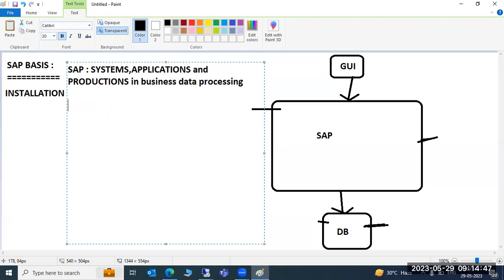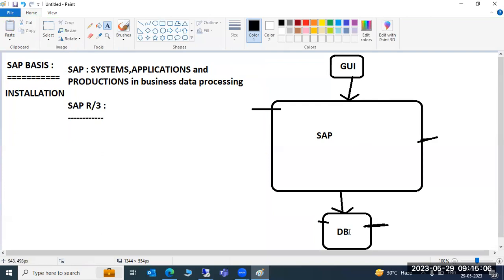Let me talk about some of the history of SAP. The first they released was the R1 version, and R3 means real-time three-tier architecture. We have the three-tier architecture: this is the first tier, this is the second tier, this is the third tier.